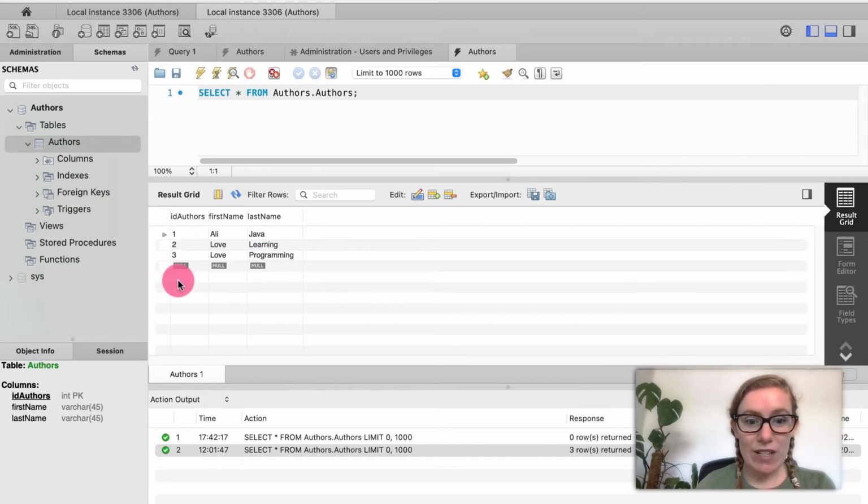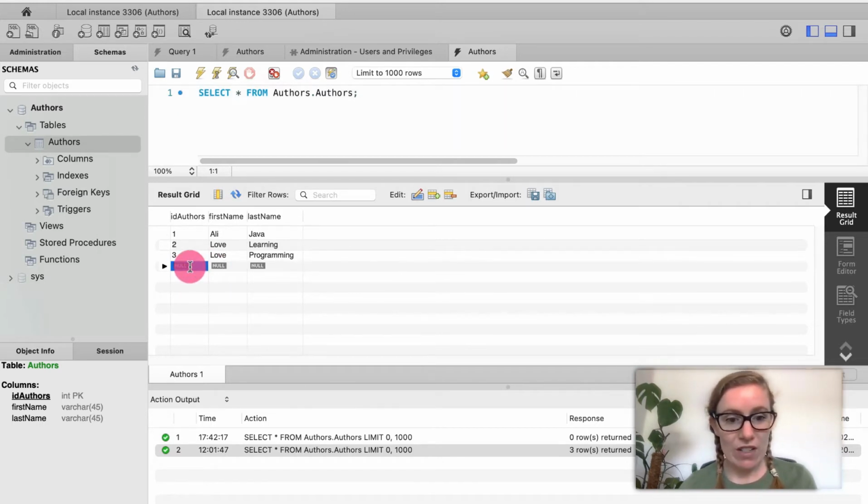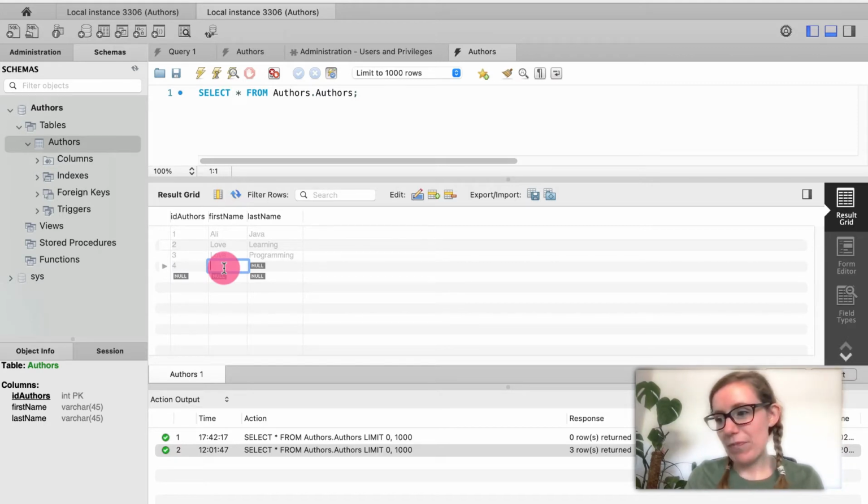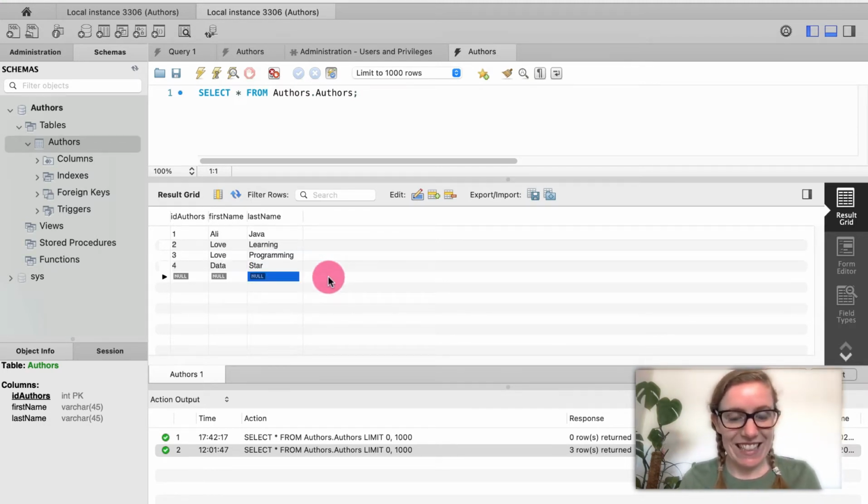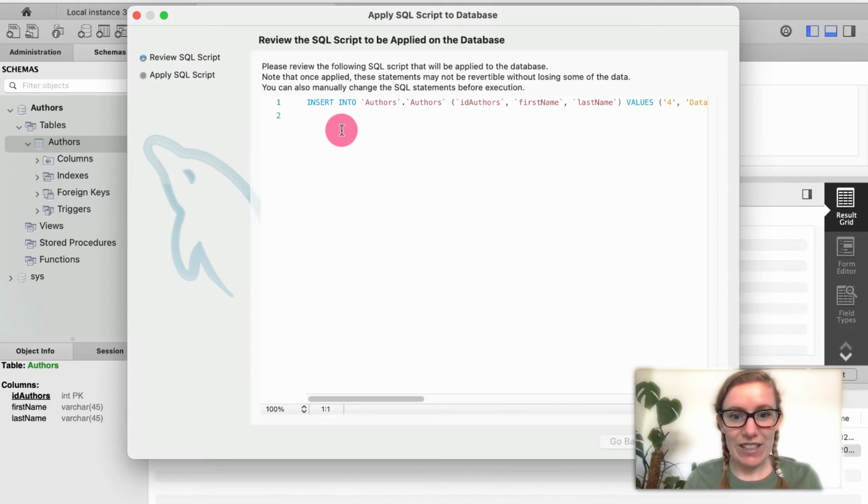If there's no entries, you can actually just select it anyway and type in whatever you want. So for, what am I going to say? Data, star. And then you have to go down here and press apply,